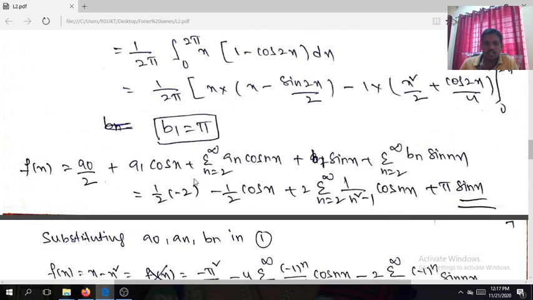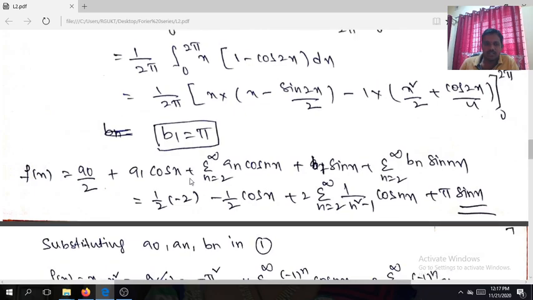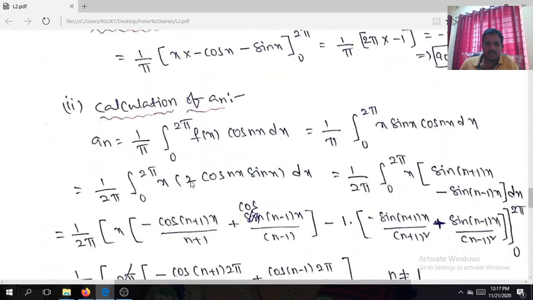This is about the f of x is equal to, what is the f of x here? This is expansion of the